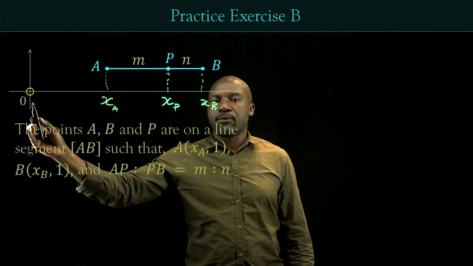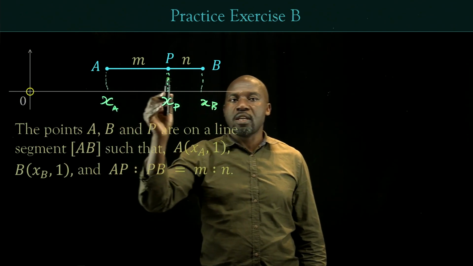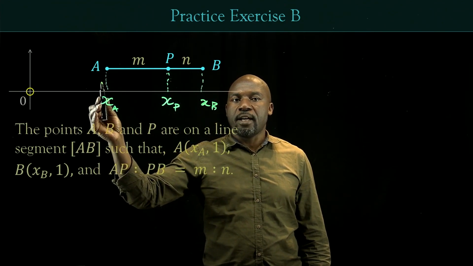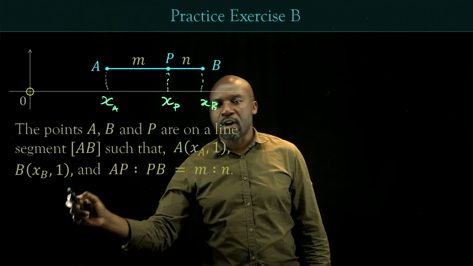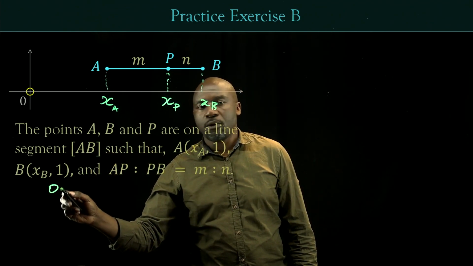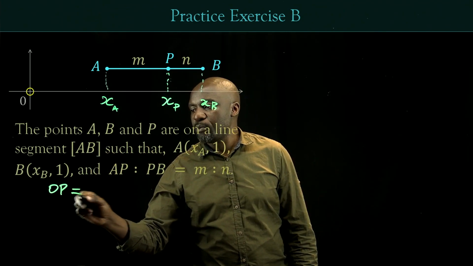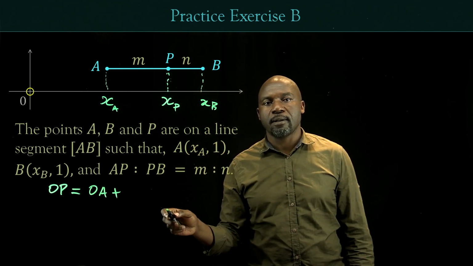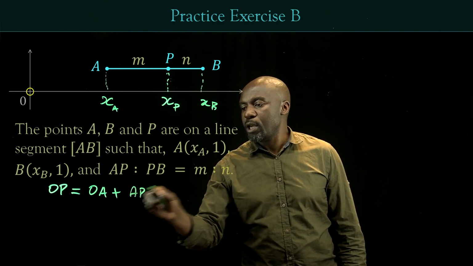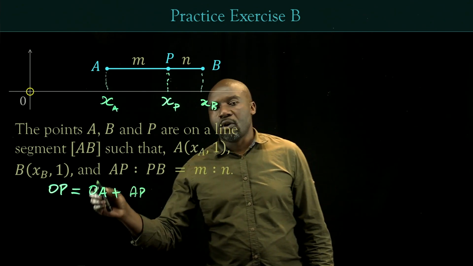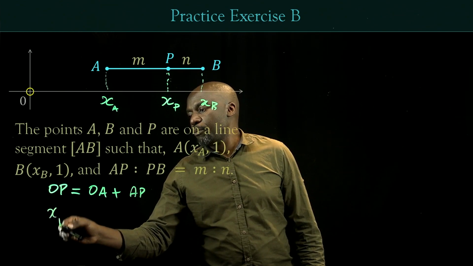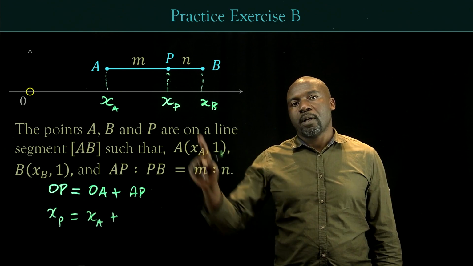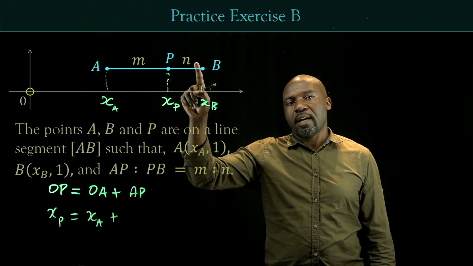So the distance from the origin, OP, is equal to OA plus AP. So I can write OP must be equal to OA plus AP, right? OP is xP, which is xA plus